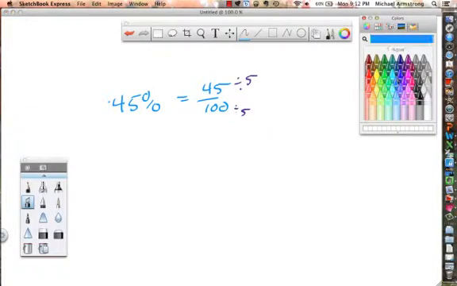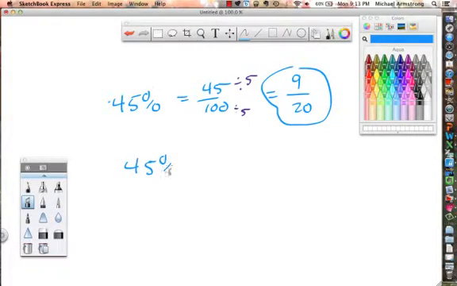So that gives me 45 divided by 5 is 9. 100 divided by 5 is 20ths. So 9/20ths is the simplified version of 45%. So 45% equals 9/20ths. And actually, in this case, 45% makes more sense. It's easier to understand. But if we have some other number like 75%, we would write that as 75 over